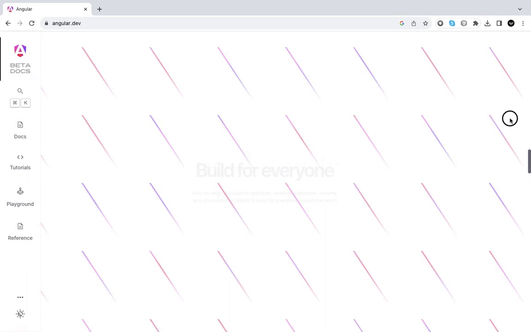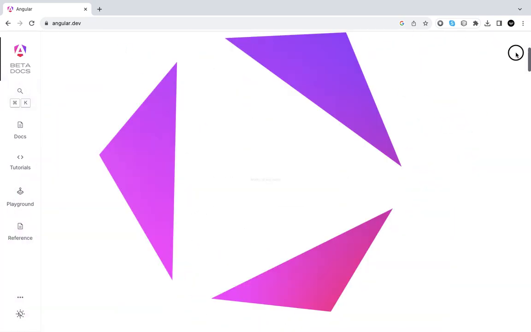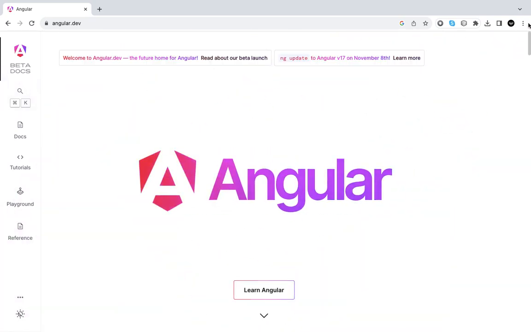So built for everyone, and all of those nice animations, nice components that they're showcasing just at the start of the website itself. Essentially, on this release they have emphasized more than enough that it is for beautiful, easy to use, feature rich development, and also fast performance and developer experience. That's basically what they want to achieve here, and I'm pretty sure they nailed it because the development has been